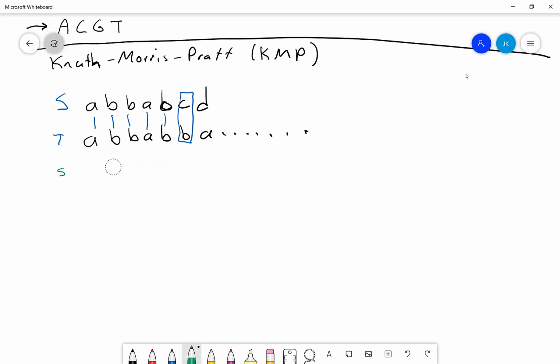The idea of KMP, the philosophy behind it, is: if I know that I have matched, in this case, the first 5 letters, and it's only the 6th letter that things are wrong, does that let me start my comparison now at a better location? For instance, if this is failing at this point, I might be able to say,